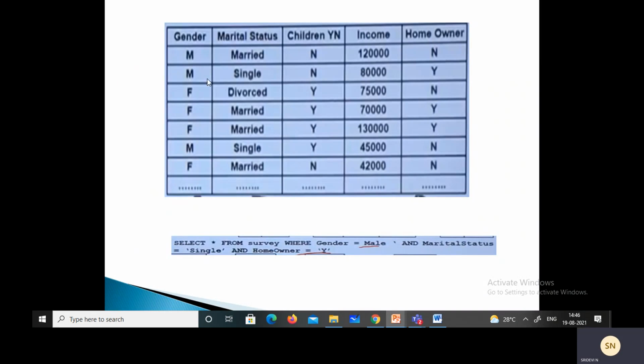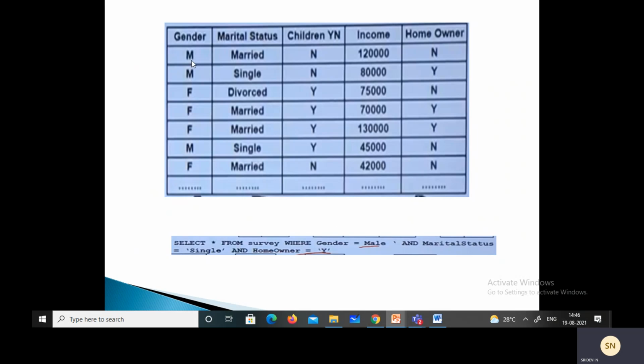We have a table here, and we have to select the rows from the survey table where gender equals male, marital status equals single, and he should be a homeowner. What is the result? According to this query, it should select a row where the gender is male.